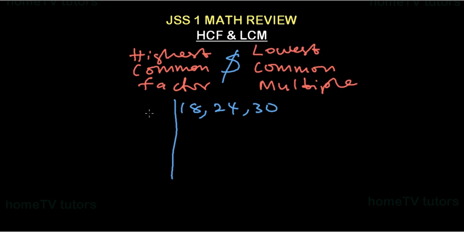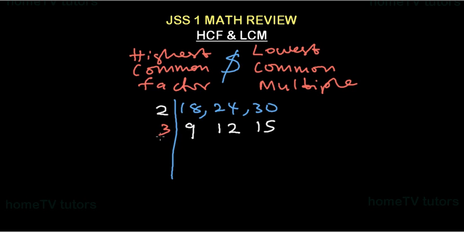So if we say 2, 2 in 18 is what? 9. Good. 2 in 24 is what? 12. Good. 2 in 30 will give us what? 15. Good. You can see that 2 can no longer divide without any remainder, but we can go